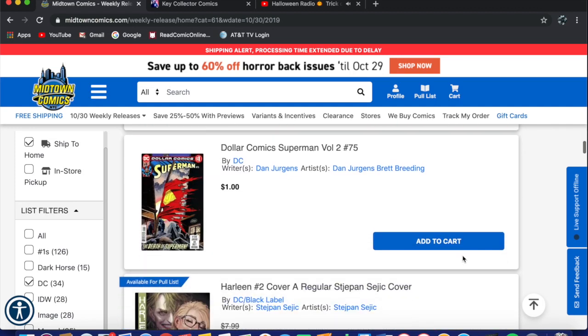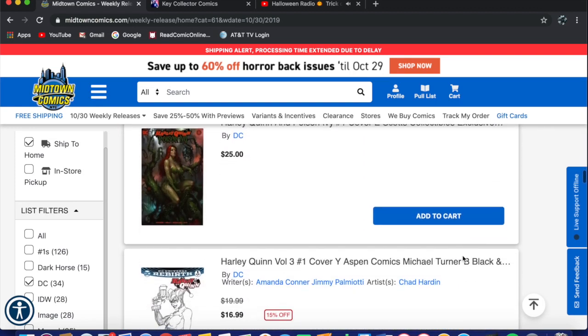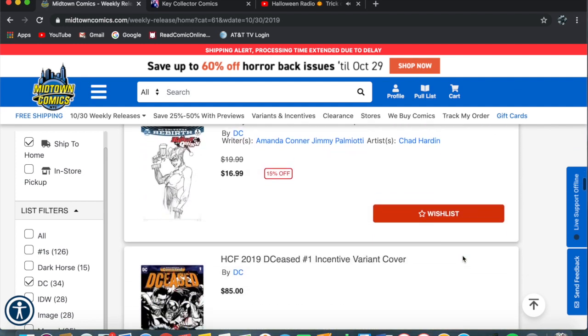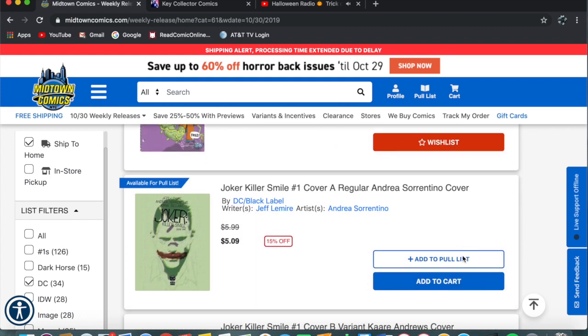So it's going to be mainly a lot of DC books this week, which is good for a change because the last 2 weeks have been a little bit more on the Marvel and indie heavy side. So it's good to change it up once in a while. Next book is Joker Kill a Smile #1